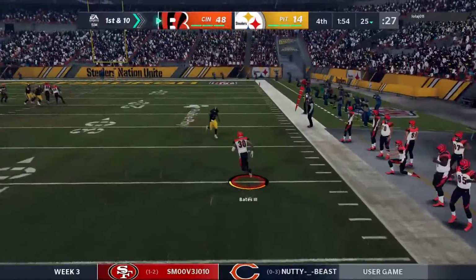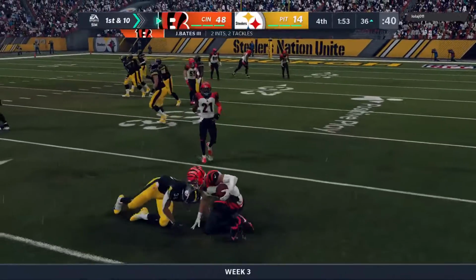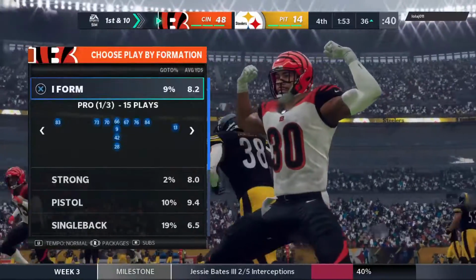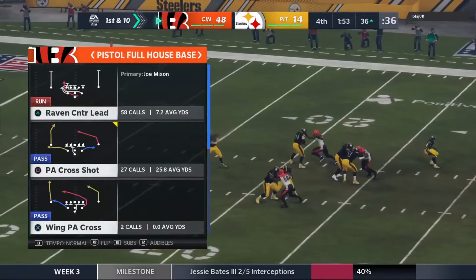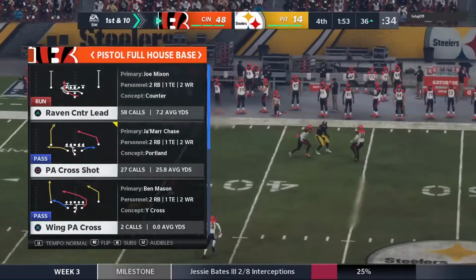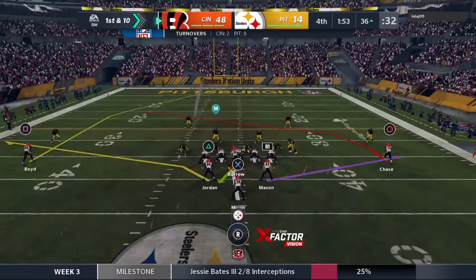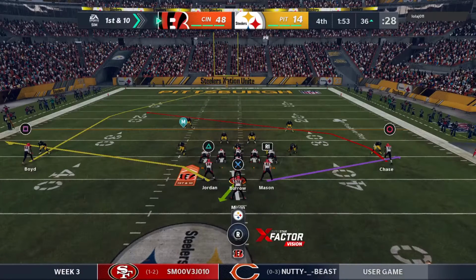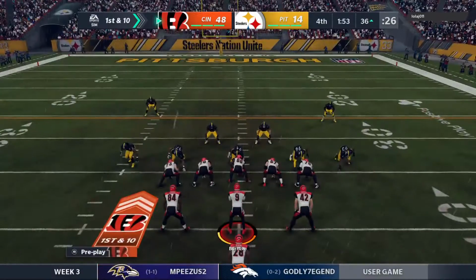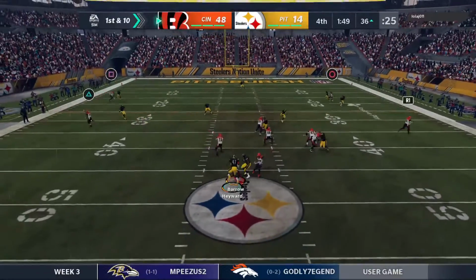And my goodness, another interception. Picked up by Jesse Bates. And he's able to take this one back to the 36-yard line. The utter domination here just continues. This defense, I don't know what more we can say all around about their performance. Well, it certainly feels in this game like maybe they're facing a Canadian defense. 12 guys on the field. It feels like there's an extra on every snap because they have really struggled to make headway through the...